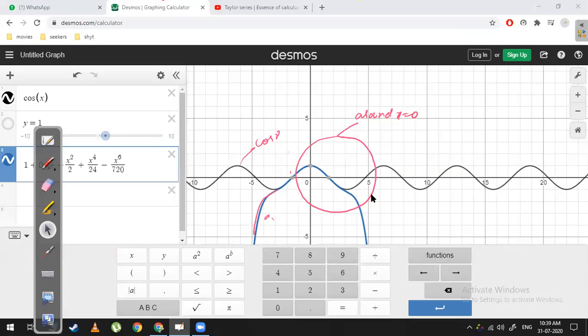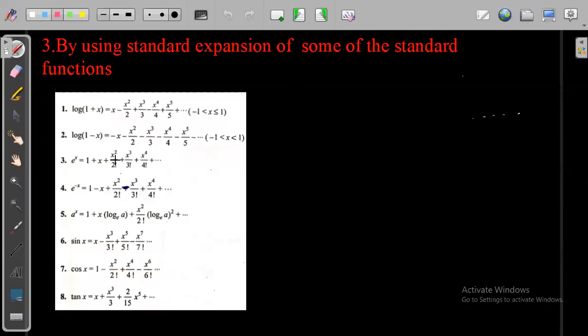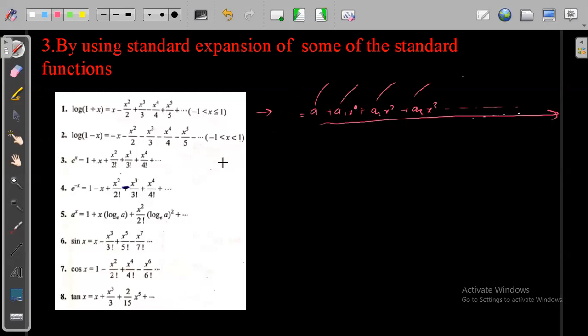Fine. So this is what we did. This is how we approximated all these functions, by equating them to a0 plus a1x plus a2x square plus a3x to the power 3, and so on. Then we calculated the different derivatives around that point and found the coefficient values for each of them. And when we substituted up to an infinite series around that point, we were able to get the most approximate form of the function in terms of a polynomial, right?